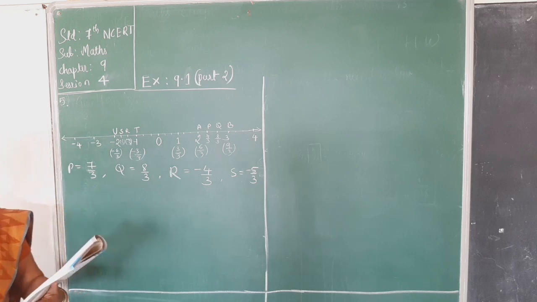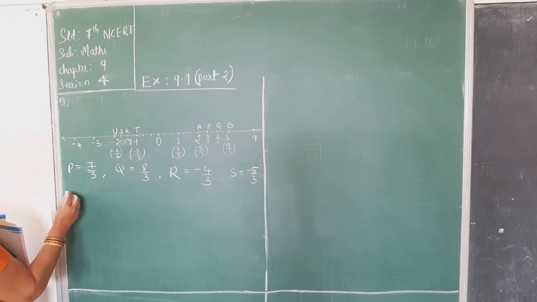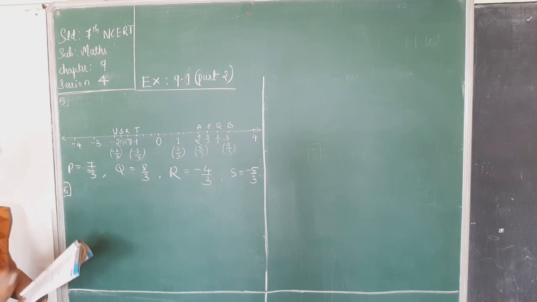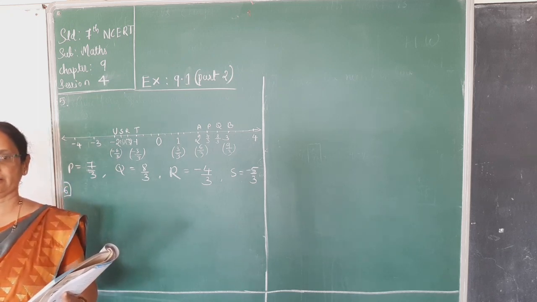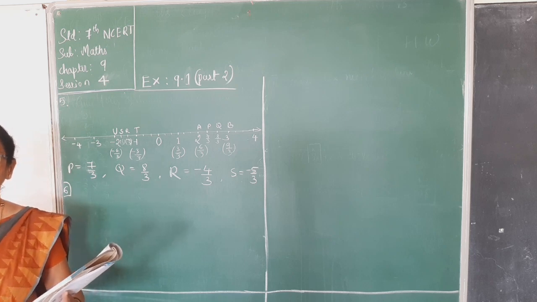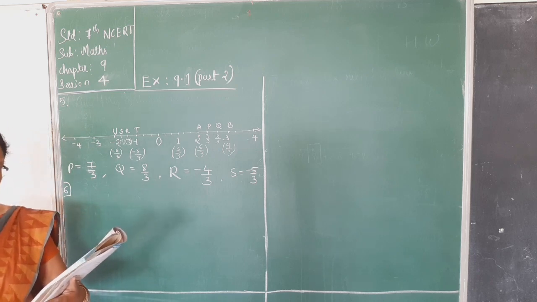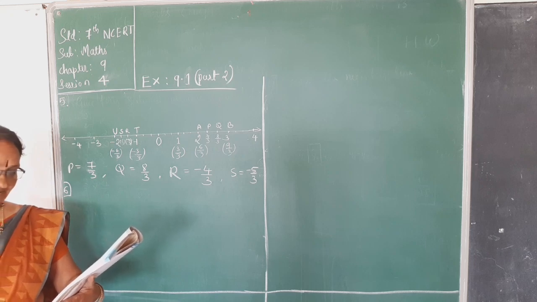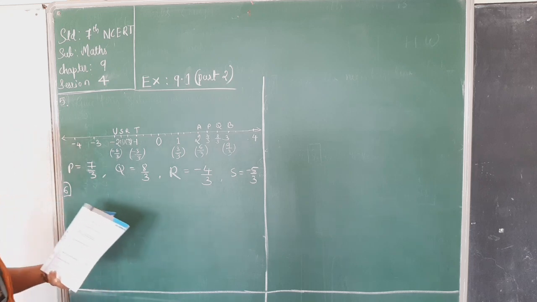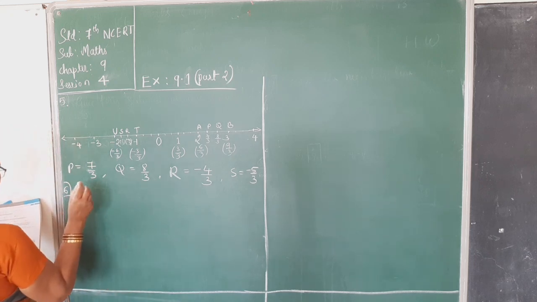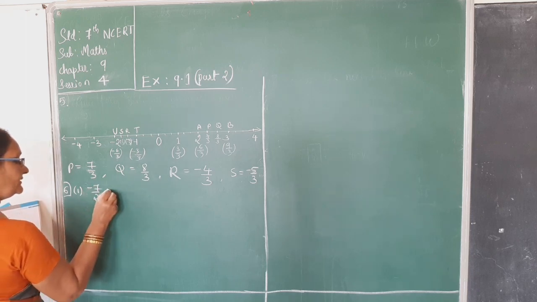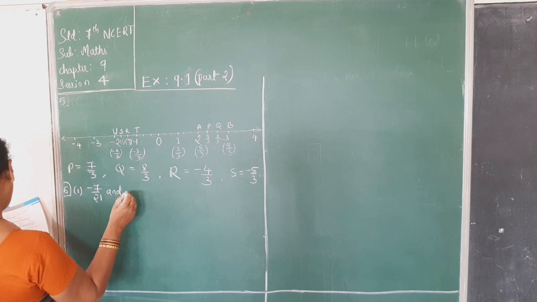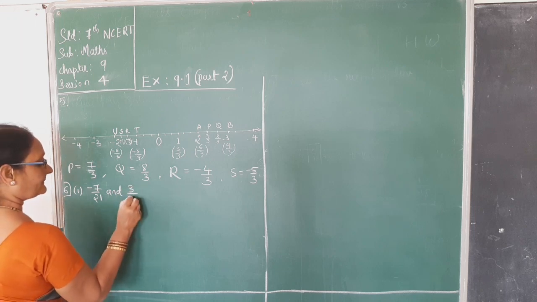Then in the same way, the next one, the sixth main, we will do now. What is the sixth main? Which of the following pairs represent the same rational number? Same rational number means on cancellation we will get the same rational number. If it is the same, we have to say so, otherwise they are different. So the first one, take the heading: -7 by 21 and 3 by 9.